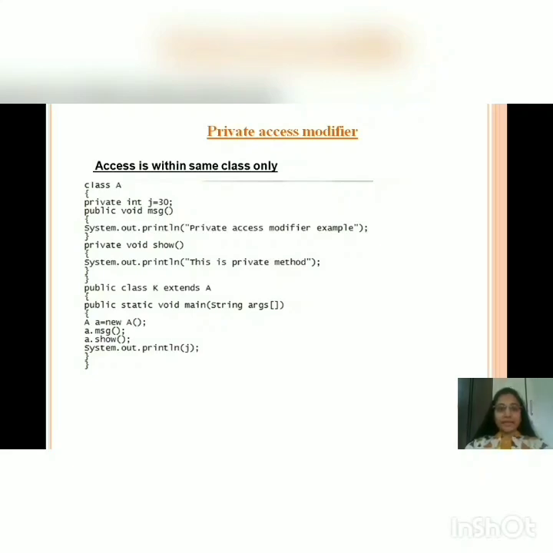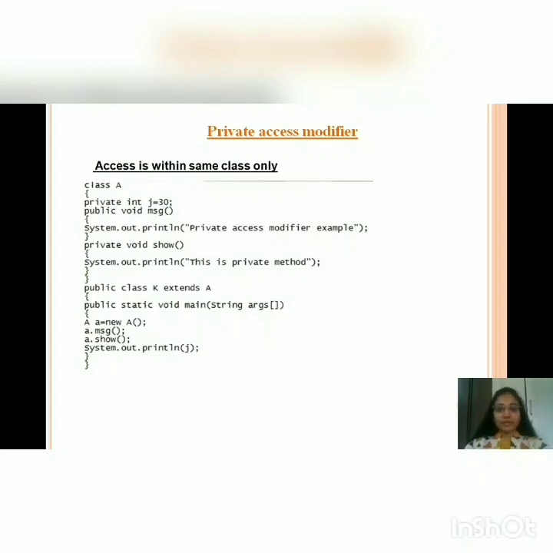As class K is a subclass of class A, it has access to the public method, means it has access to the method message, but it does not have access to method show and variable j, as they are declared as private.